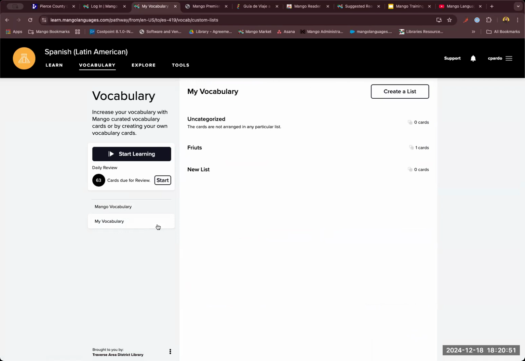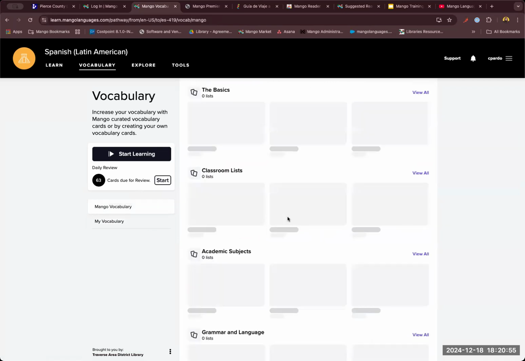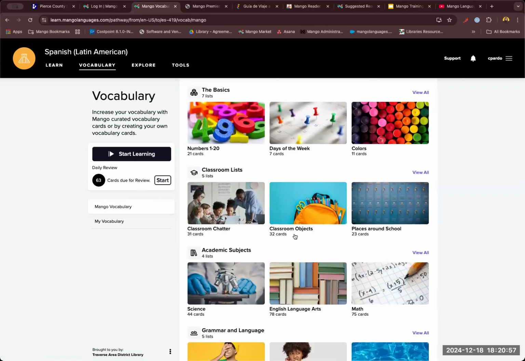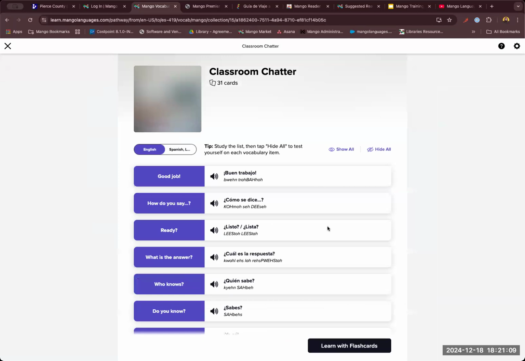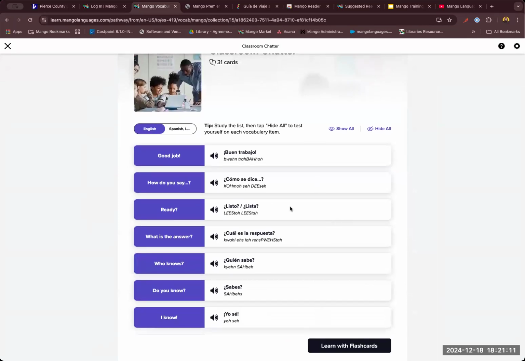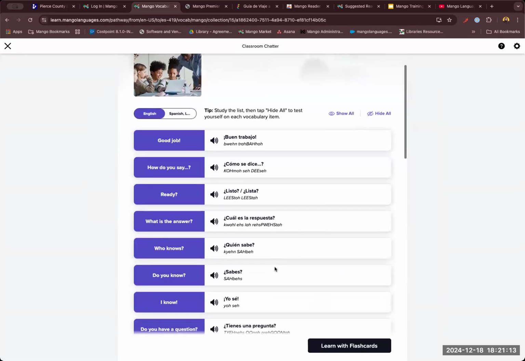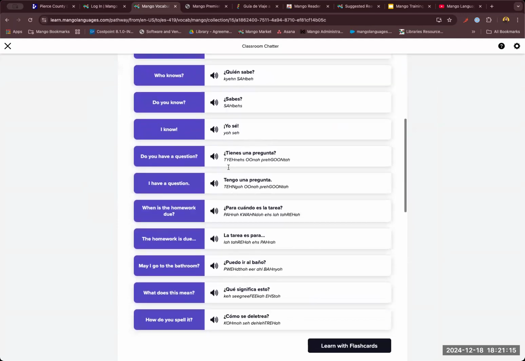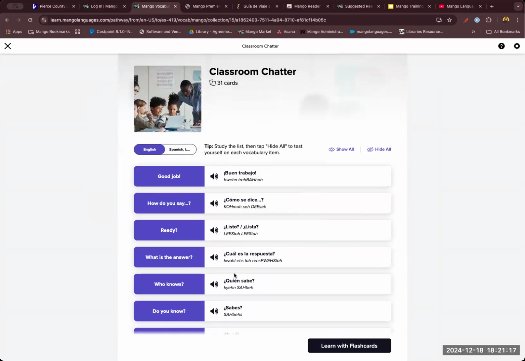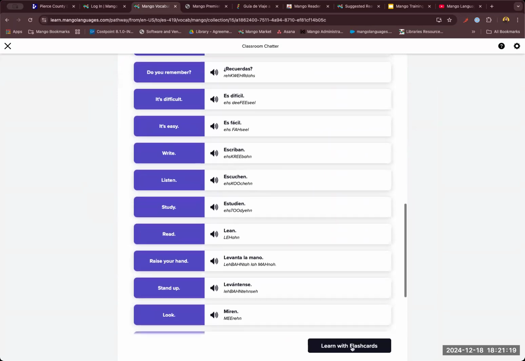What was the question? Where it says cards, are they like different, like slides? For which one? My Mango or my vocabulary? What if you look at even classroom objects, it says 32 cards, is that like a slide? So you have the option with all these vocabulary that you see here, you have an option to either have a list, right? As you can see here, a list of words that you're learning,